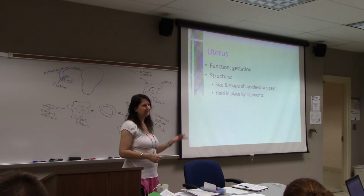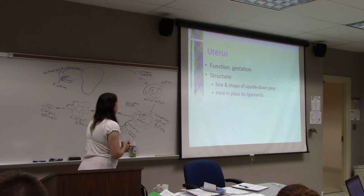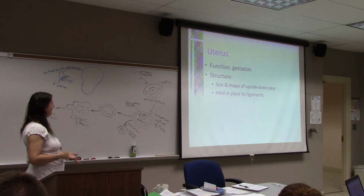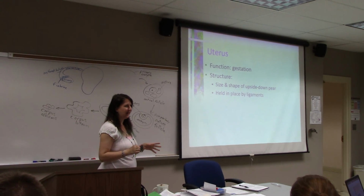Function of the uterus is gestation. This is where we house and nourish the developing offspring. It's roughly the size and shape of an upside-down pear. There are ligaments that hold it together on